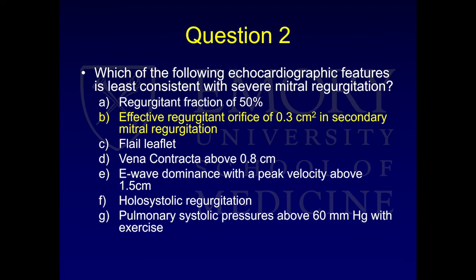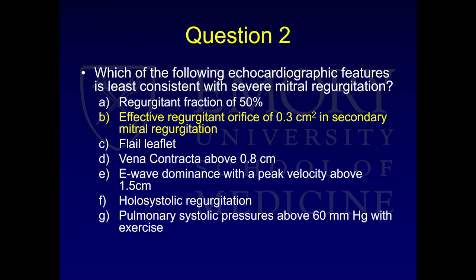Holosystolic regurgitation, that's what the question is getting at. You can have MR that looks very severe by echo, but it might be like mitral valve prolapse, which is only half of the cycle. If you only have a severe-looking mitral regurgitation that's only half of your cycle, then the total regurgitant volume and fraction is actually not in the severe range. So your ERO might be high, but your regurgitant fraction and volume are not in the severe range. Holosystolic regurgitation would be more consistent with severe MR. And we mentioned earlier that pulmonary systolic pressures are an indirect consequence of having severe MR over time. I put the answer as B to highlight